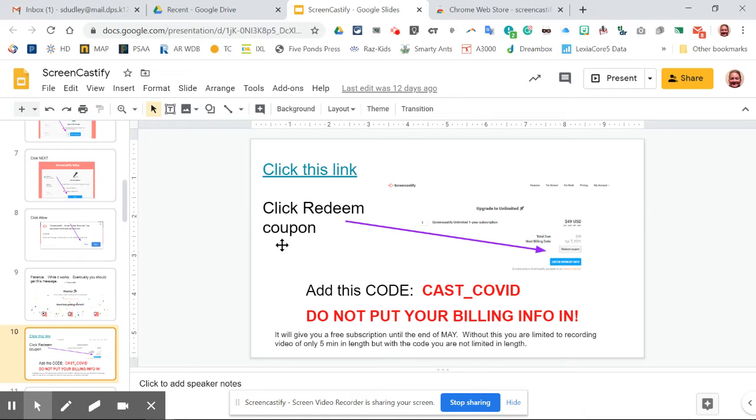Now, if you're a teacher and you're using Screencastify and you're using your work email, if you click upgrade or pricing, this is what you're going to see in the right-hand corner. I mean, sorry, not pricing, my account. So you're going to click my account, and then you want to upgrade to unlimited. And the reason you want to do that is because at the moment you can hit redeem coupon, and the coupon is cast_COVID, and it will allow you to have a free subscription until the end of May,